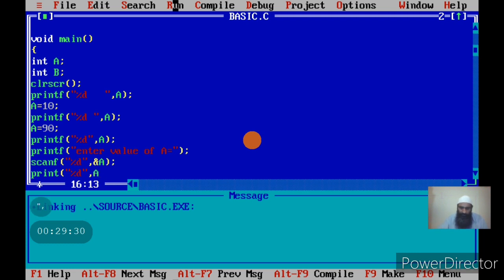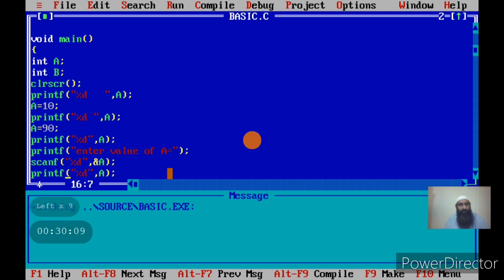In these two statements you can note the difference. In the scanf we are using where we input the value from the keyboard. Same syntax is used for the printf. The only difference is the ampersand. In the scanf you give the ampersand, but in the printf you don't. And if you don't give ampersand in the scanf, this method will not work correctly. What is the reason for that? That we can discuss in the higher classes. Why we have to give ampersand in the scanf and why we don't have to give ampersand in the printf. Sorry, this should be printf.